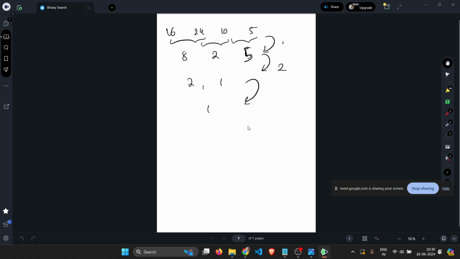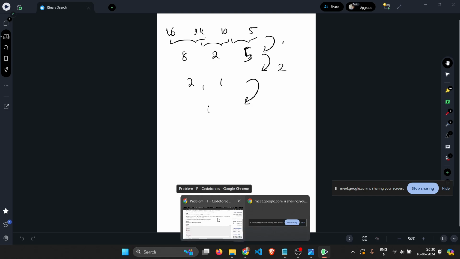Okay. And I think they have written that we are considering the array rotated. That is why I think in the samples it was even 8, 2, 5, 1. So the GCD of 5 and 16 is 1. Okay. Just a minute, I read it wrong. So the GCD of 5 and 16